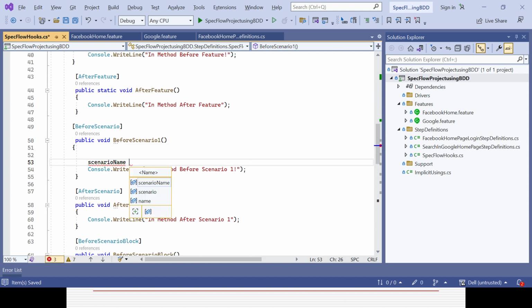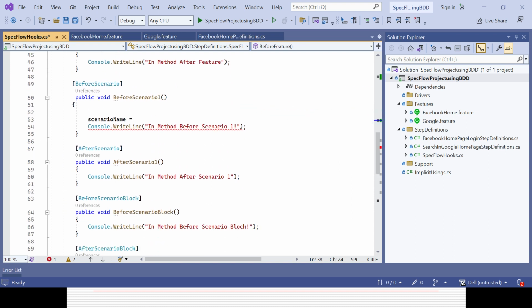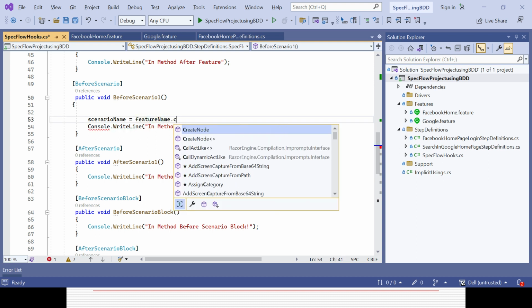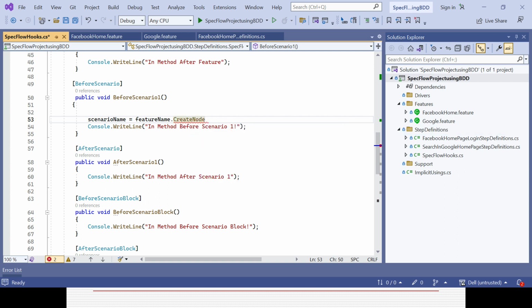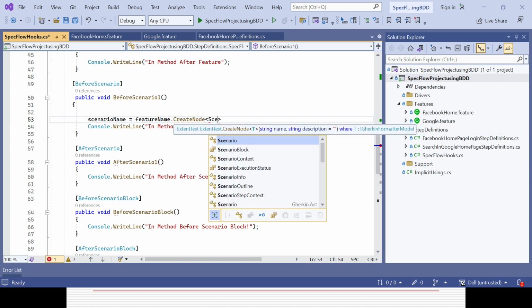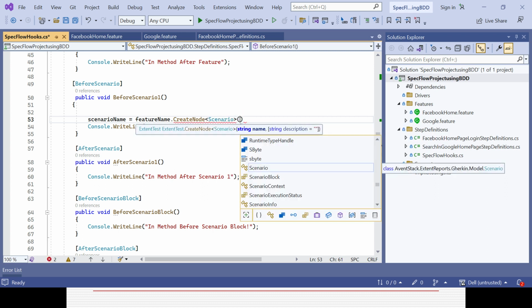Equal to I need to call the features name variable through which I will be creating the node. Dot create node, right? Here I need to give the scenario. Okay, and in the bracket I need to give scenario context